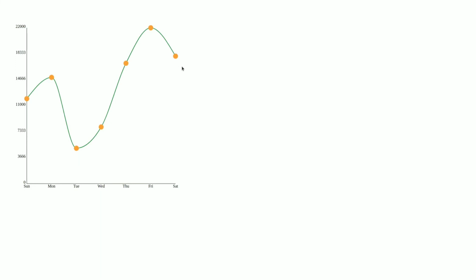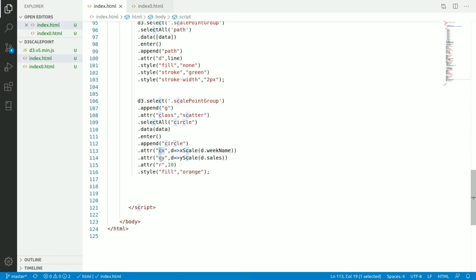Now I want to show the actual sales value as the ticks for this scatter plot bubble. Now what can you do here? You just need to append the text again. So what will I do?